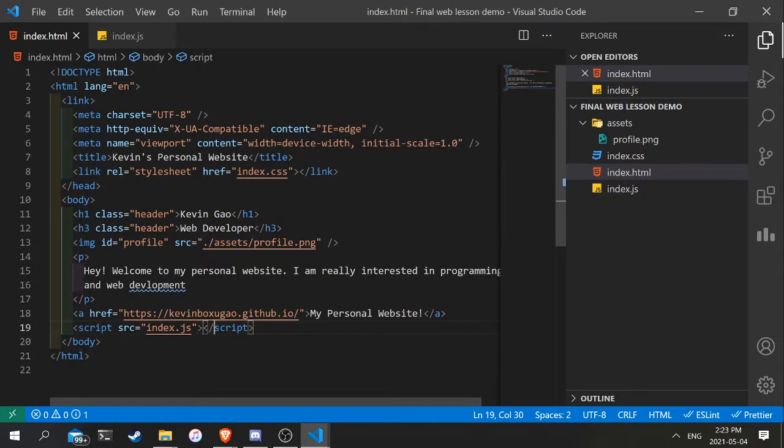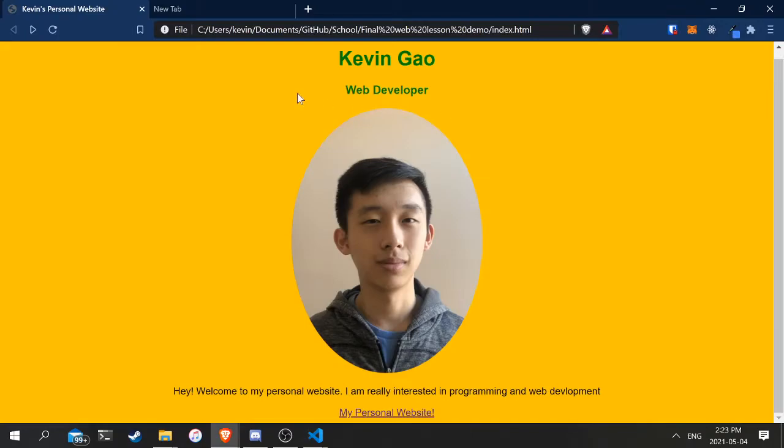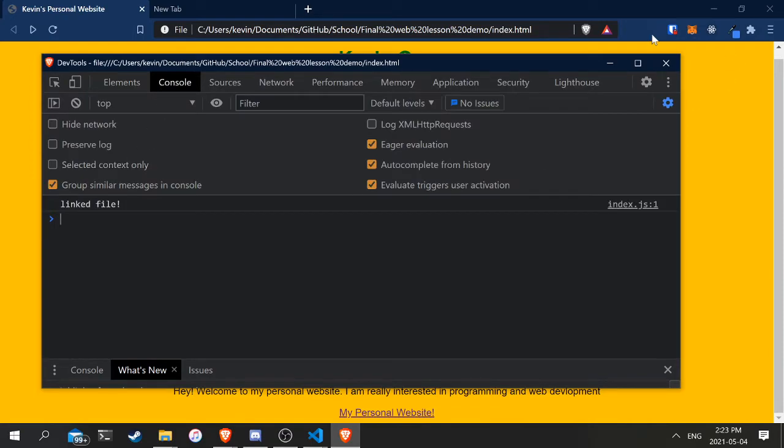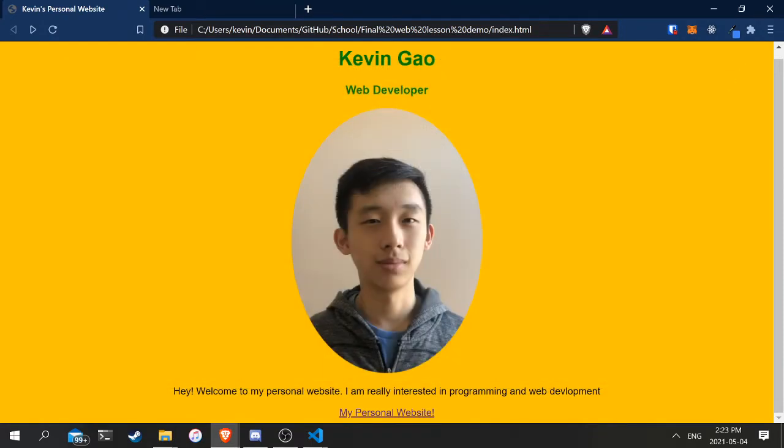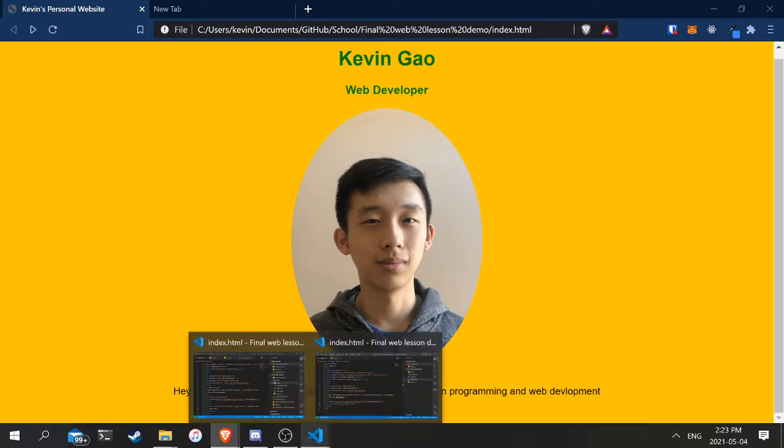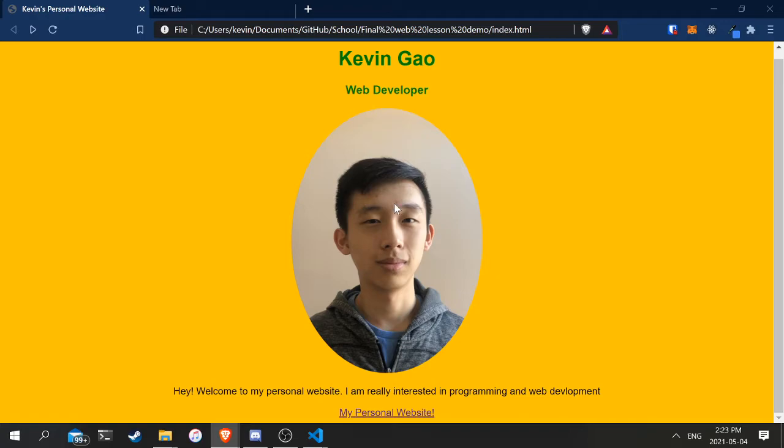Yeah, okay. And then if we just reload this page. Linked file. Cool. Alright, now let's add a little bit more. Let's show you guys why people even use JavaScript in the front end, and that's to manipulate the HTML elements. We can change things, as you guys saw before, like we had the button there,